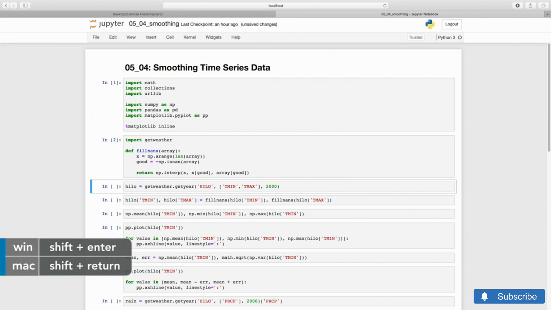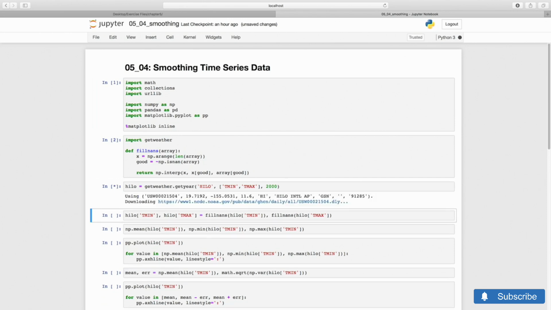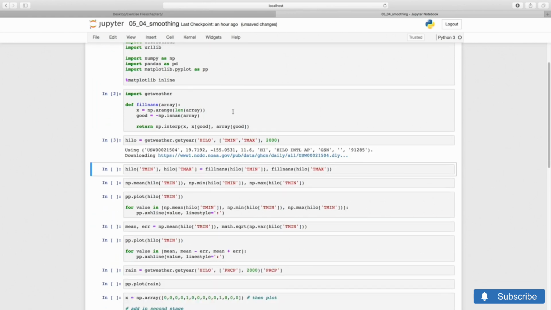We looked at data for Pasadena in the last video. Now let's move to even sunnier skies by looking at weather in the town of Hilo, Big Island, Hawaii. We use a custom loader, and again, I encourage you to go look under the hood. This is data, in fact, from Hilo International Airport. We now fill the missing data for both tmin and tmax. Once more, tuple unpacking is very useful.